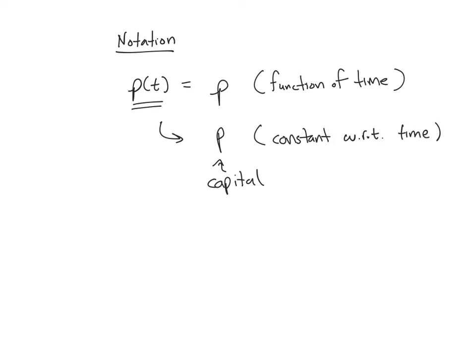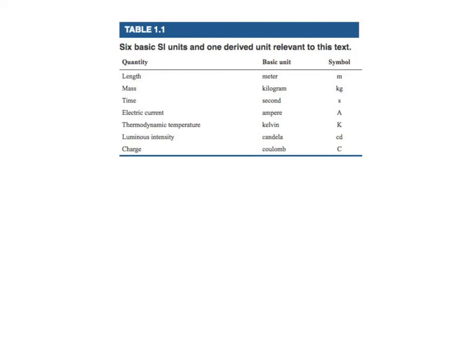Both of them are denoting the quantity of power. Just one is implied to be a function of time, shown in the top, and one is implied to be a constant. This is going to be true for any of the symbols and variables that we use throughout the course. Okay, so on the last slide I noted the SI units when computing energy,